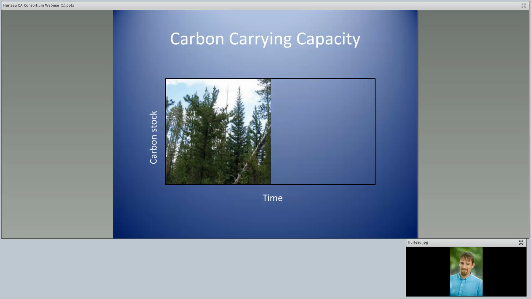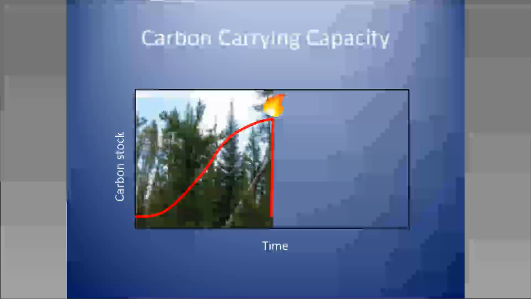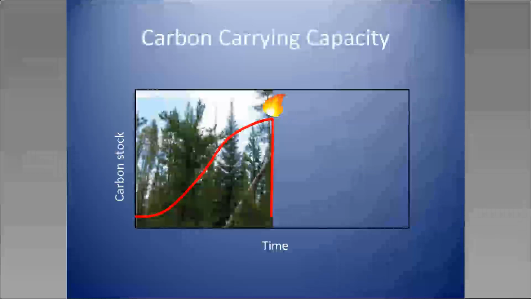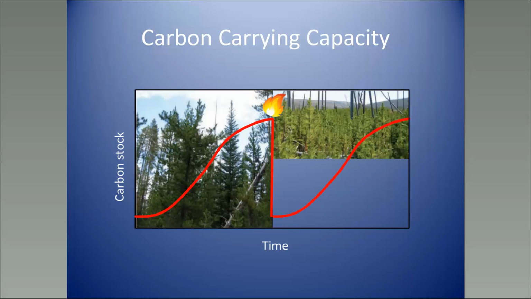So the carbon carrying capacity of an ecosystem, which is the framework I like to think about these forests in for this particular topic, is really a function of the prevailing climate and natural disturbance conditions in an ecosystem. So through the successional process, carbon accumulates in the system to some level. And then when something like a wildfire or other disturbance occurs, if the climatic and natural disturbance conditions that led